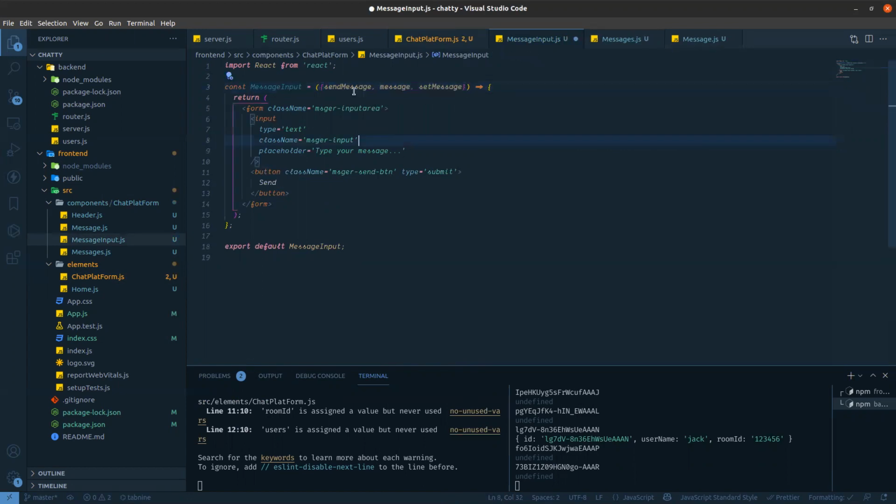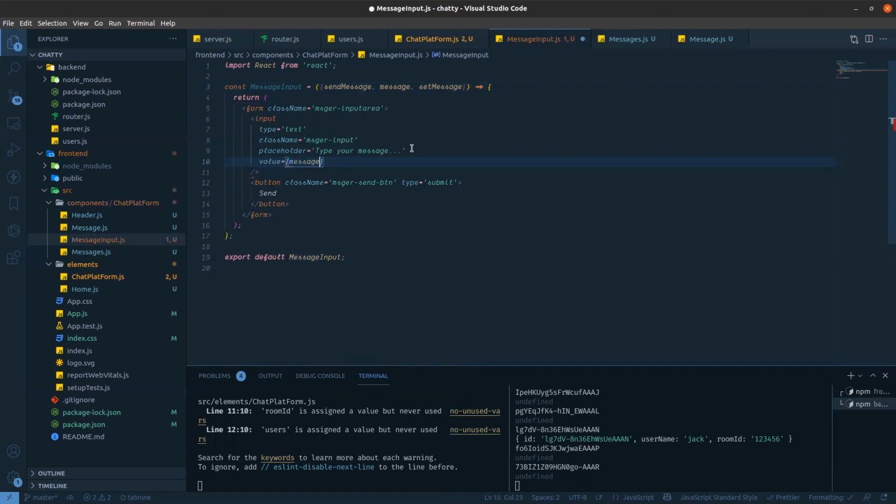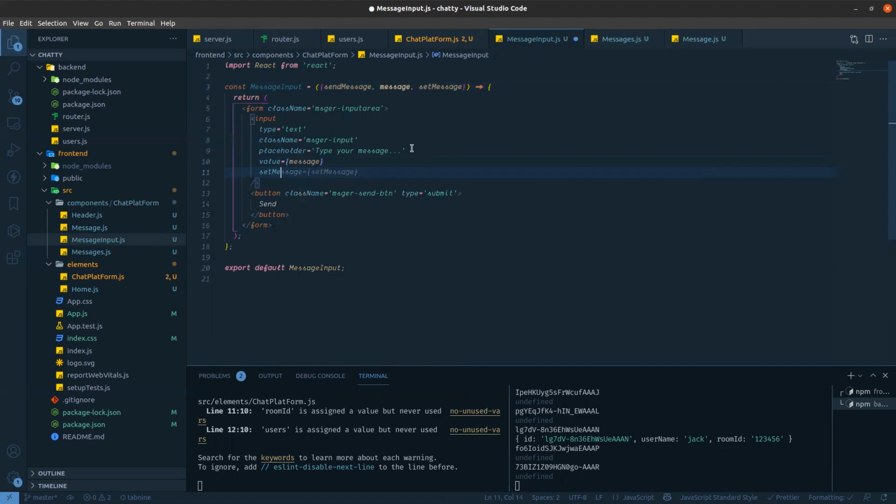So you will get three: send message, which is the method to handle submit, then message, and then set message. And then on change.